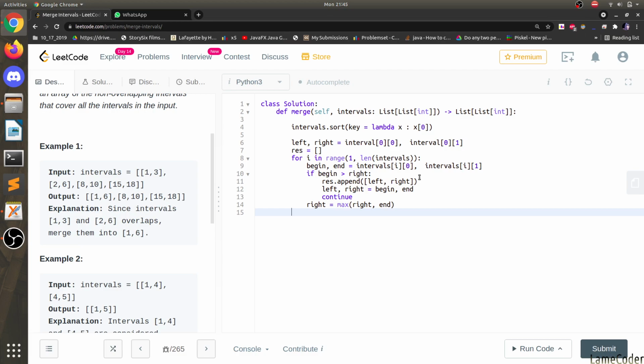And in the end, when we finish, if this i is equal to length of intervals minus 1, and it is ending here, we have to append res.append left comma right, and then return res. This should work. Let's see.